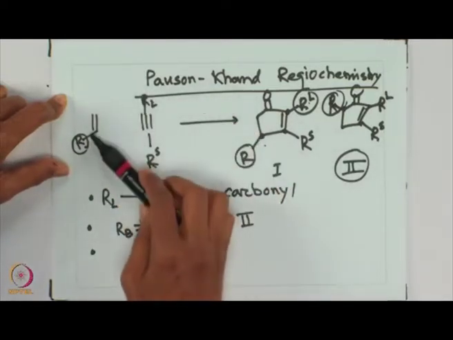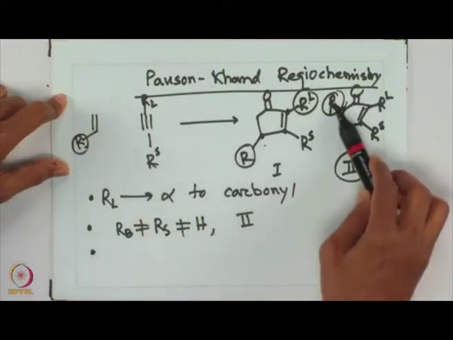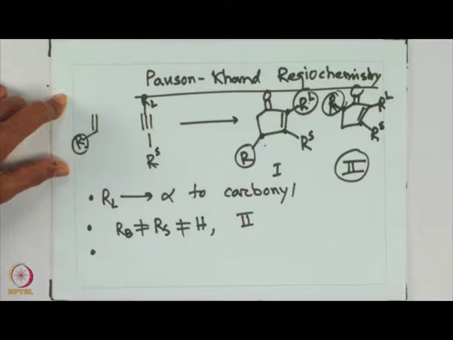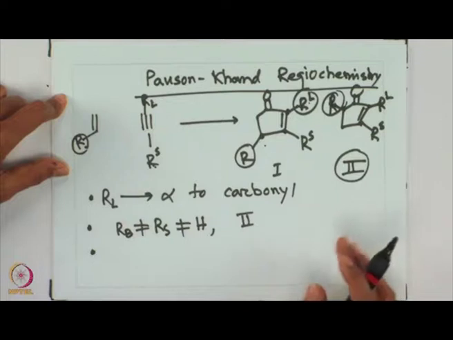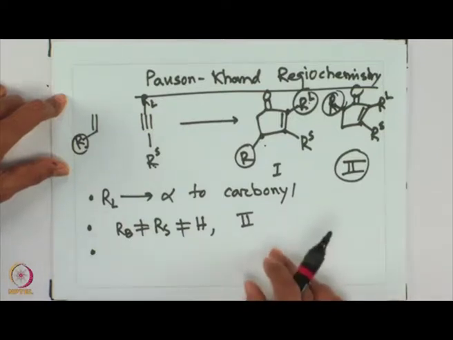So, the type of alkene and type of alkyne will determine whether R is at this position or R is at that position, right. Also, this can be controlled by ligation on the different metal center that we will be